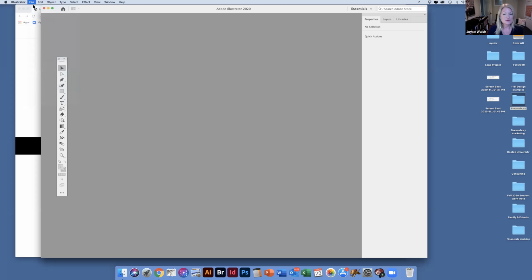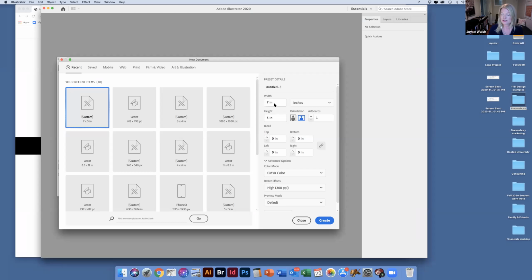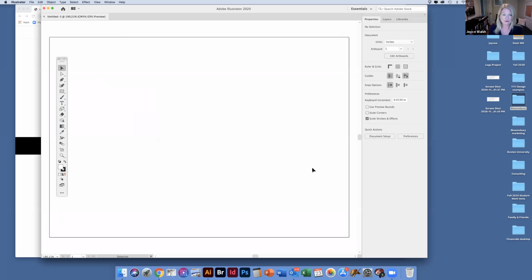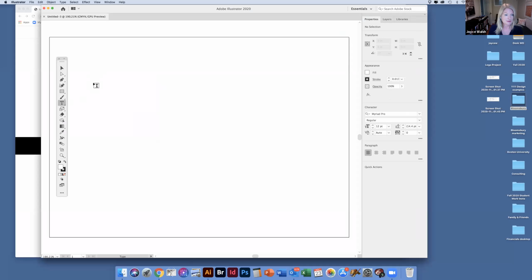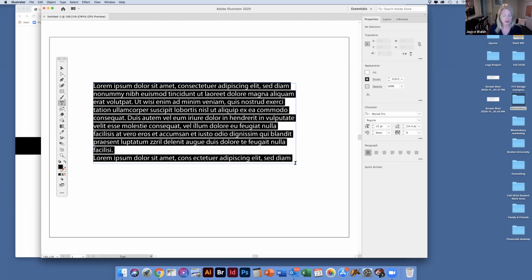So let's start with a new file, and we're going to make this a custom size today, 7 inches wide, 5 inches tall. And if you're using centimeters, those measurements are 17.78 and 20.7. Say create. We'll start with the type tool, and it's going to fill roughly this space, give a generous margin,